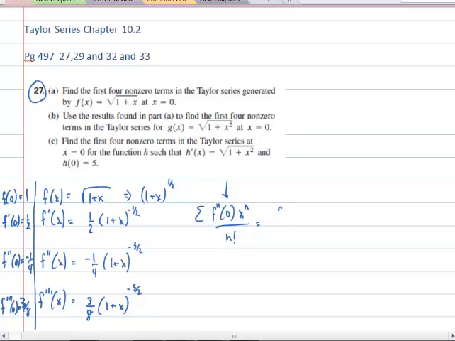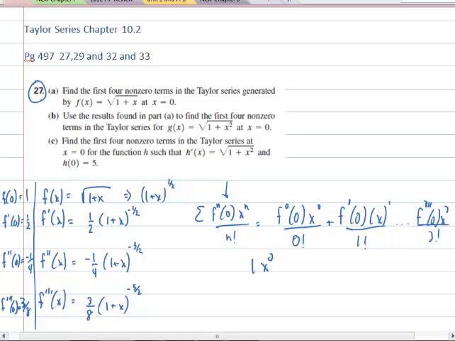So when I write this out, I have the function at 0, x to the 0 over 0 factorial, plus the first derivative at 0, x to the first over 1 factorial, and so on until I get to the fourth term, which is, I'm sorry, the third term, the third derivative, and so on. When I write the terms out, I'm going to get 1 x to the 0 over 0